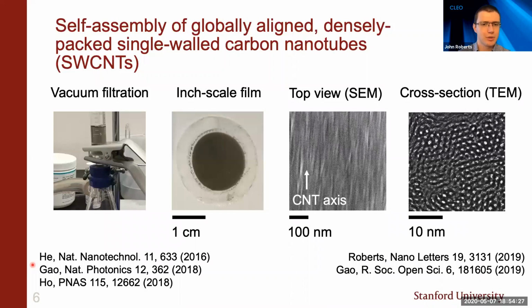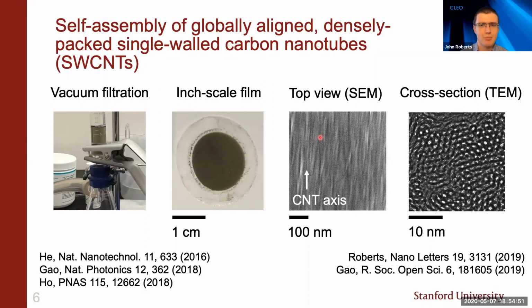The material system that we're talking about is globally aligned densely packed carbon nanotubes prepared using a vacuum filtration process. This process was invented by the Kono group at Rice University and has since been developed by our collaborators at IBM and in our group. We start with carbon nanotubes in solution and pull a vacuum on the opposite side of the filter membrane. While the solution is filtering through the membrane, the carbon nanotubes self-assemble into a horizontally aligned film on the filter